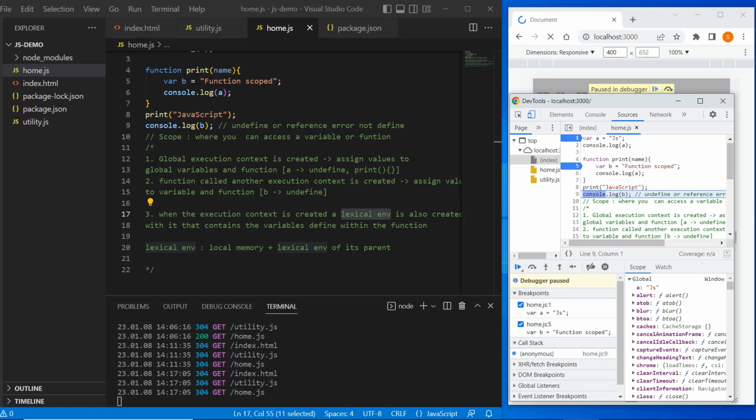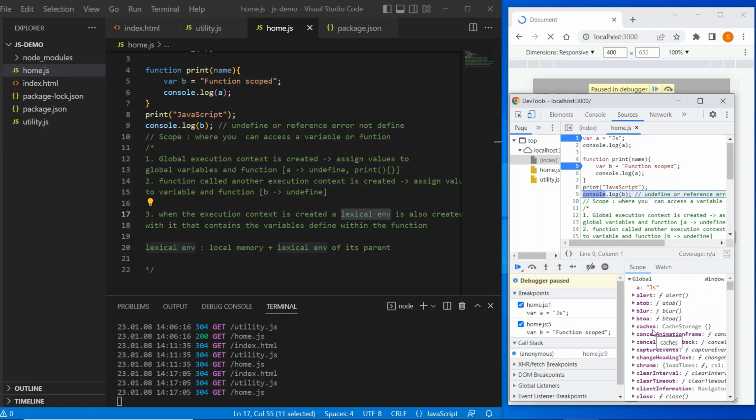So after a function is executed, its execution context is destroyed and removed from this call stack. So only global execution context is there, and here we have only a. Now that variable b is not there, that's why we got a reference error.